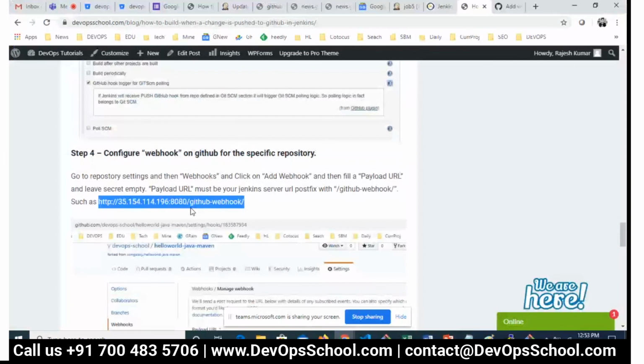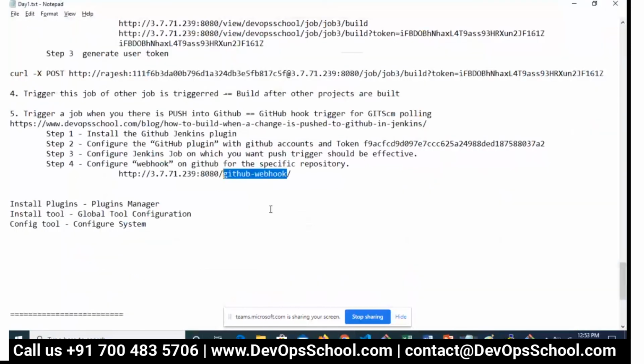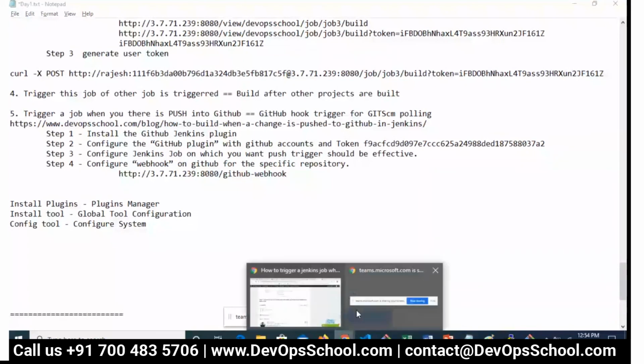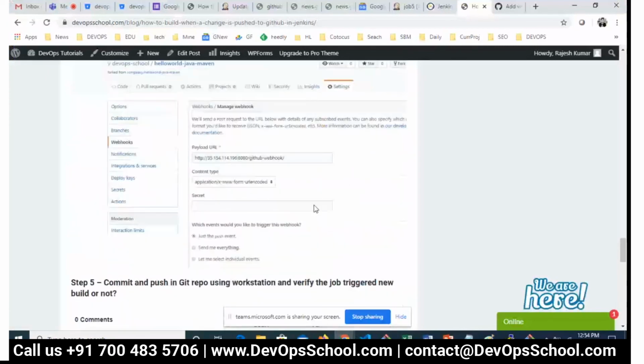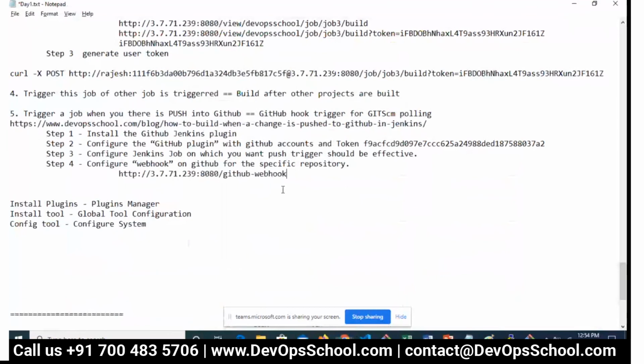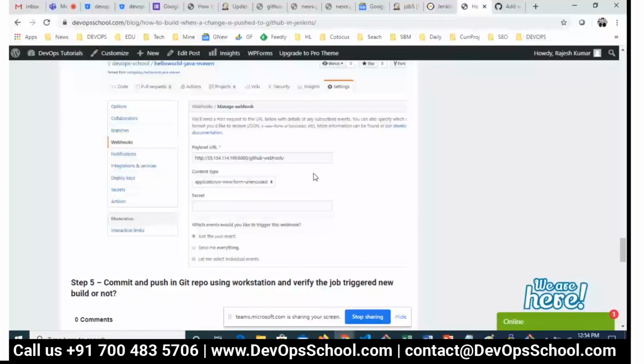You see here, you have to be very careful. I have written also here, add a webhook, payload URL, leave secret empty, it is not required, and this one. Because secret you have already given, so you don't need it. So you have to do that. So now can I do this? Very carefully, this is the place we make a mistake. Also, one more thing I noticed last year, if you leave this one, probably it will not work. But sometimes, again, you have to keep checking this option. So none of, like, everything as it is, you have to get it working. Sometimes because of a release change of GitHub or plugins or Jenkins, some of the configuration may change in the future. So you have to keep trying this way. I do the same way actually.